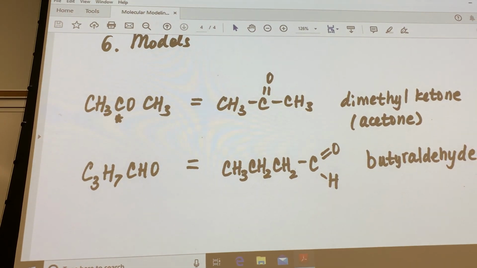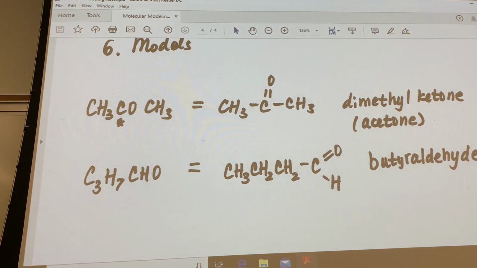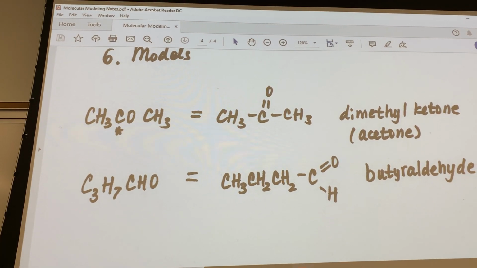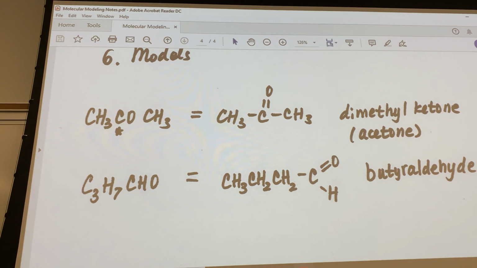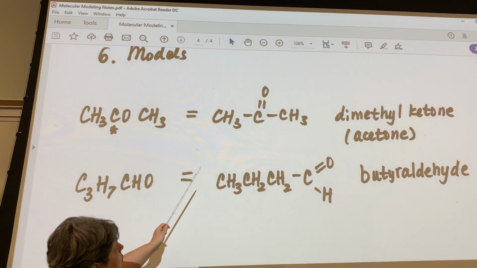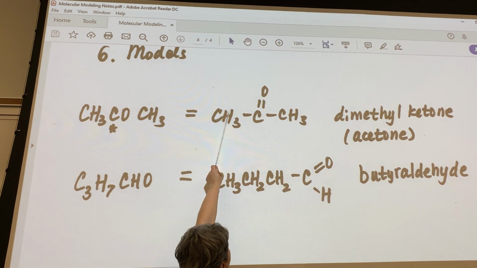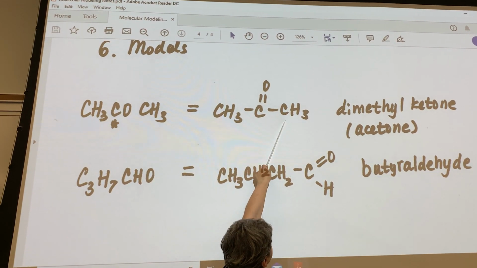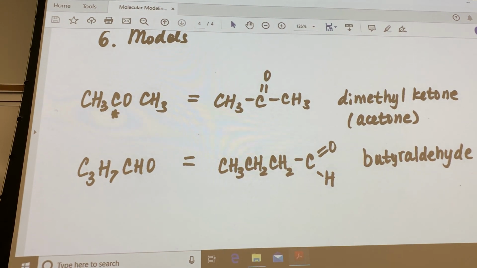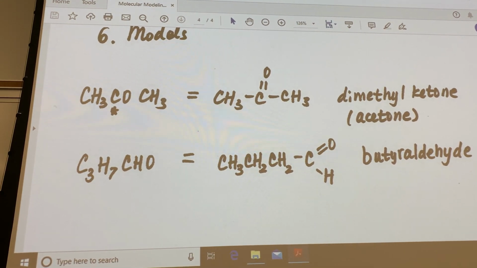If you try to put oxygen next to a carbon within the chain, you're not going to be able to make it work and have the proper number of bonds off of each atom. So here everything's what it's supposed to be. This carbon has 4 bonds, this carbon has 4 bonds, this has 4 bonds, and oxygen only has 2, like it's supposed to. This here is a substance called dimethyl ketone,